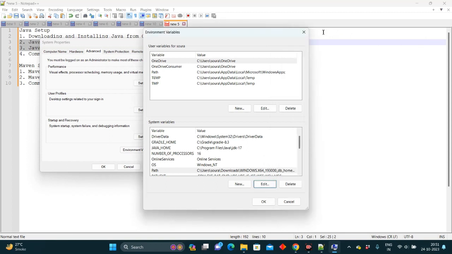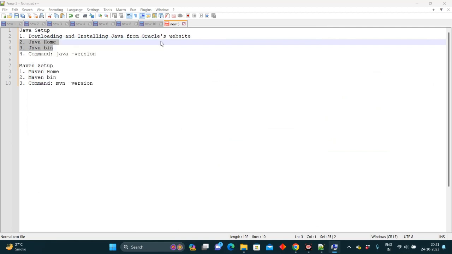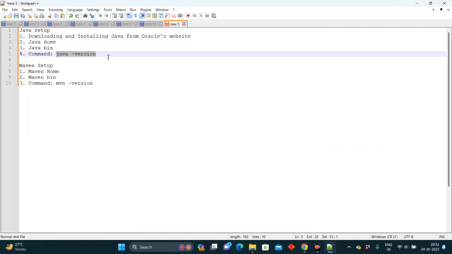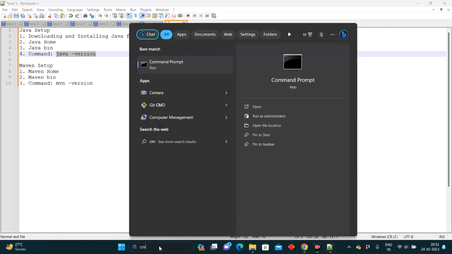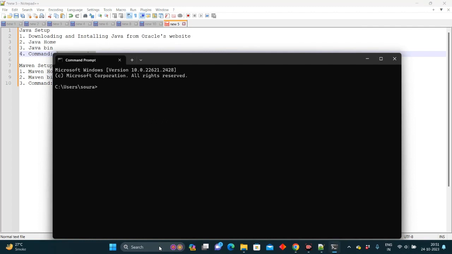Once this is done, you can go to command prompt and run the command java -version. This is just to verify whether whatever you have set up is properly done or not. For that, you can go to search, open the command prompt, search cmd, or you can type the command as well. Open the command prompt, type the command